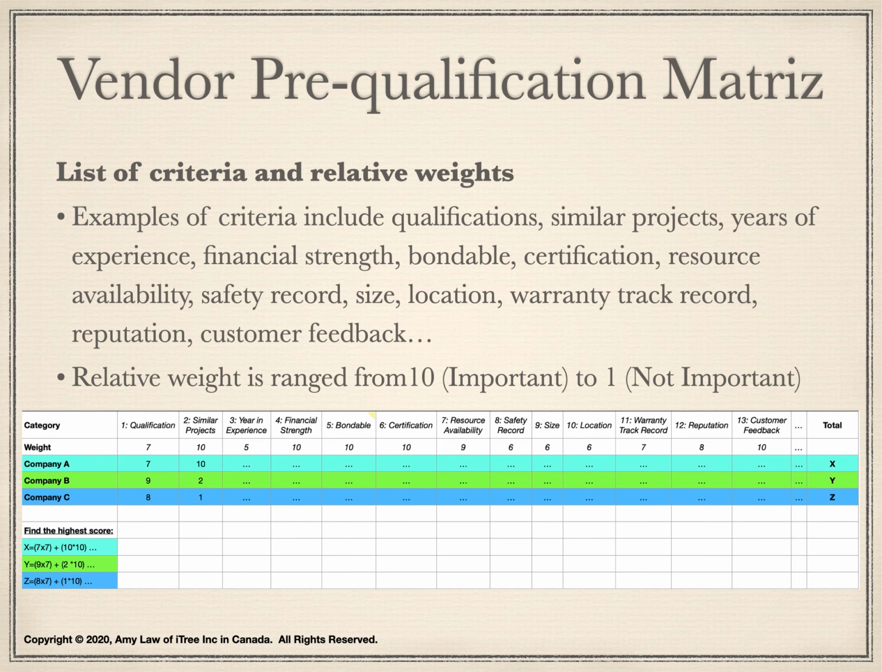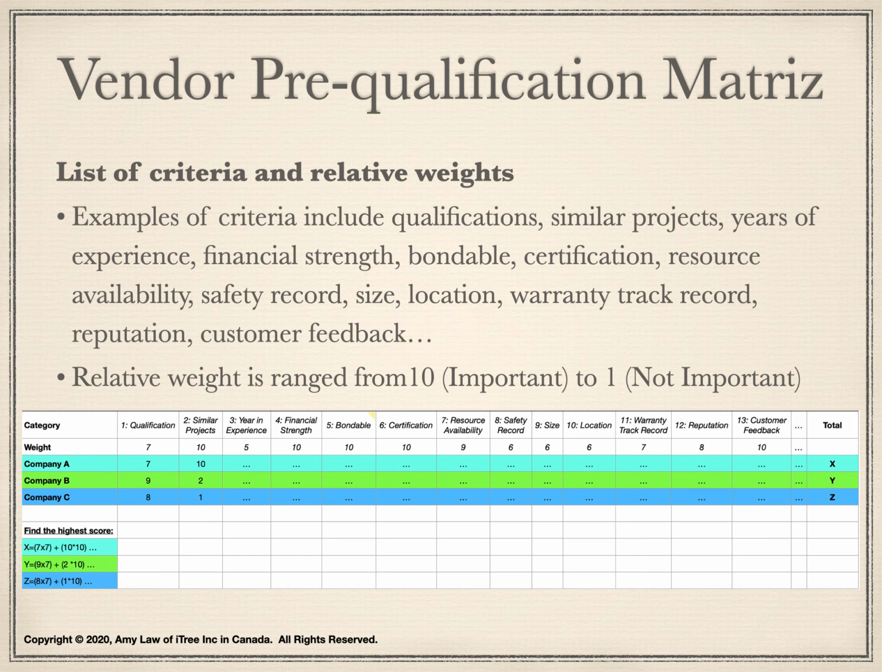A vendor pre-qualification matrix consists of criteria and a weight for each seller. Examples of criteria or categories include the seller qualification, previous work with similar projects, years of experience, financial strength, bondable or not, certification, resource availability relative to their size and work backlog, safety record with Worker Compensation Board, WCB, size, location, warranty track record,